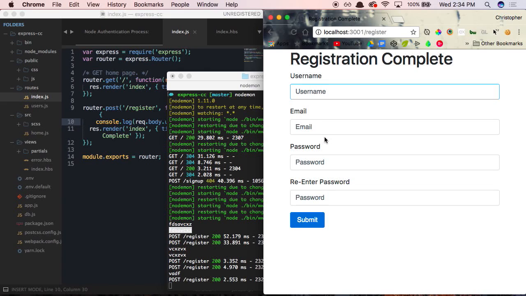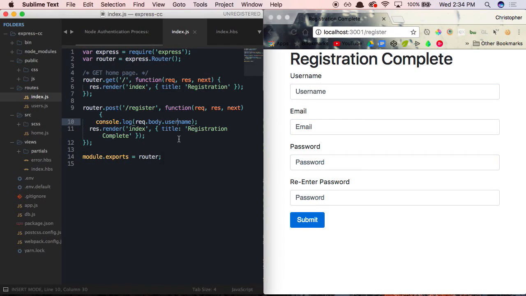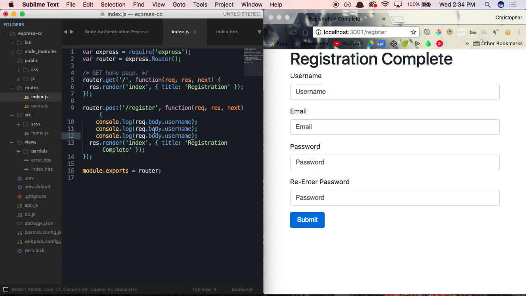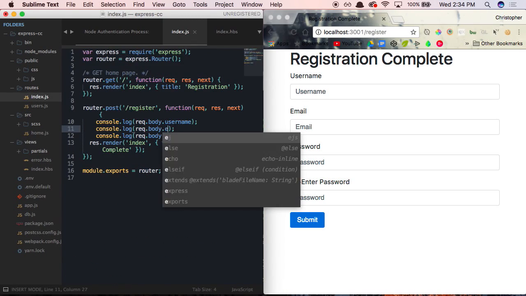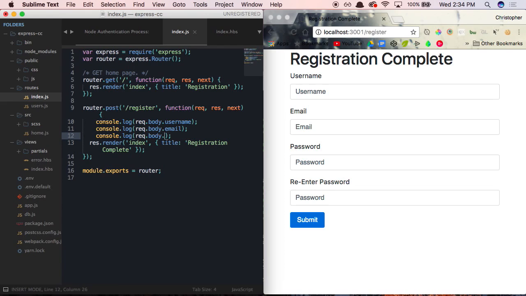So we want to make sure that we're inserting not just the username, but also the email and password into our database. So we also need to be grabbing our user's email and our user's password. So to access the other two, like I said, we can select our request's body, and then we just need to select the name value of our individual inputs. So this would be email to represent our email input, and then this one would be password to represent our password input. So now if I save this,